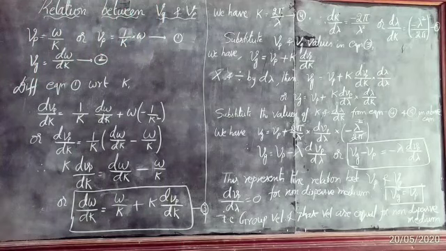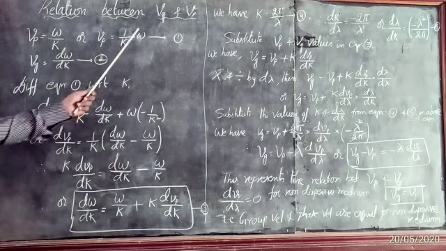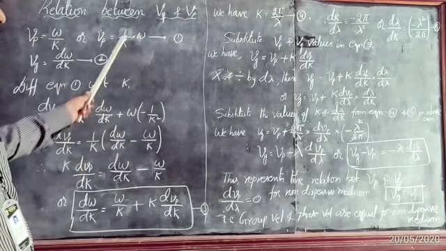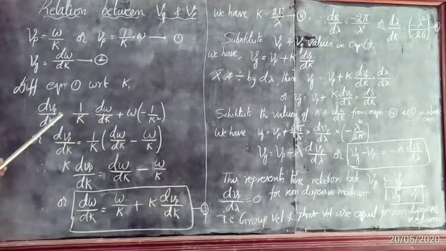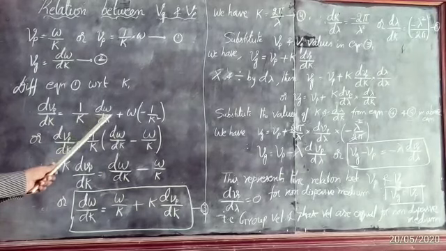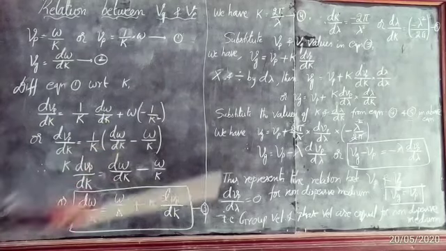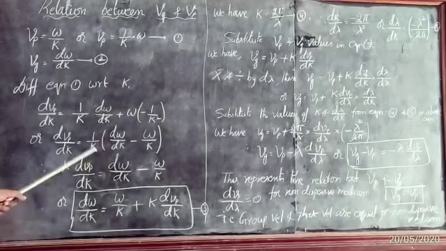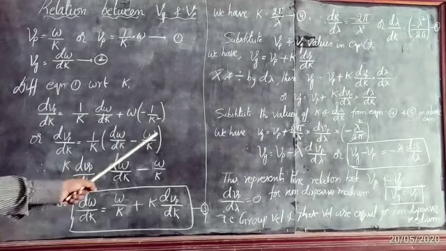Then we have dVp by dk is equal to 1 by k d omega by dk plus omega into minus 1 by k square, or dVp by dk is equal to 1 by k into d omega by dk minus omega by k,